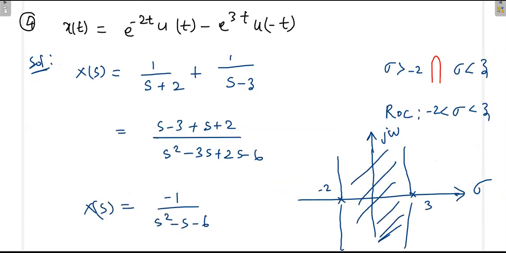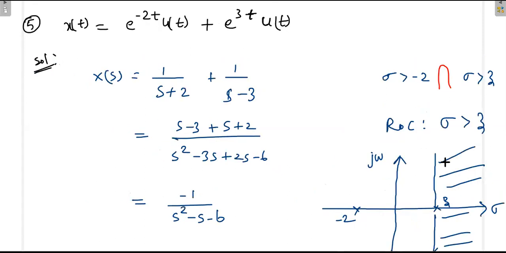The same thing we got in the second set also, that means the 4, 5, 6 problems. But in the 4, 5, 6 set, I have chosen one negative pole and one positive pole, and again this thing remains the same. The first case is in between the poles. The second case is outside the poles, that means right side of the poles. The third case is left side of the poles.